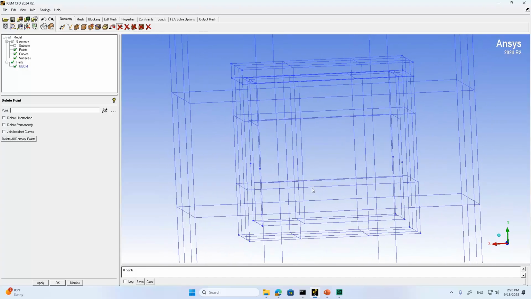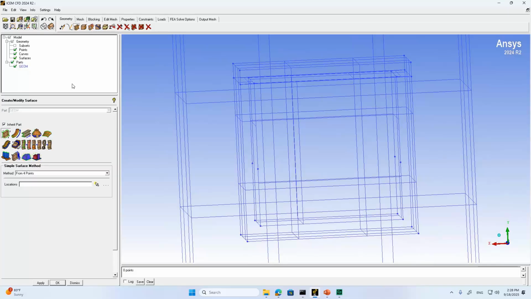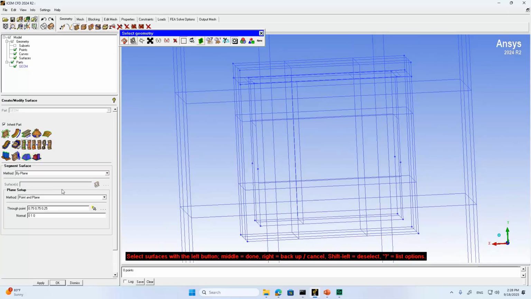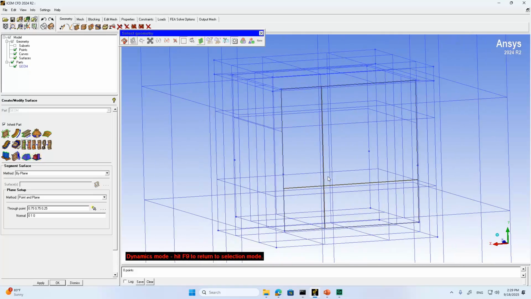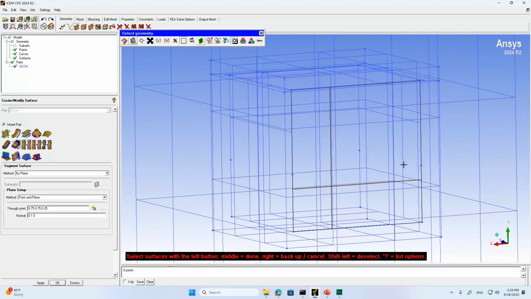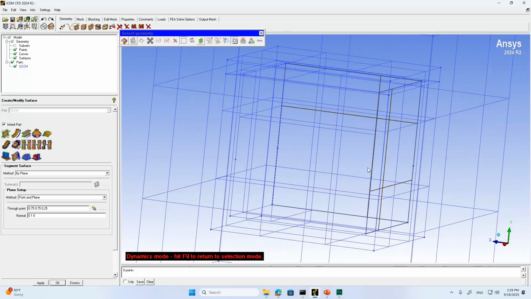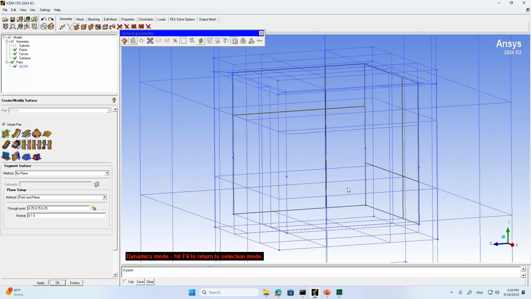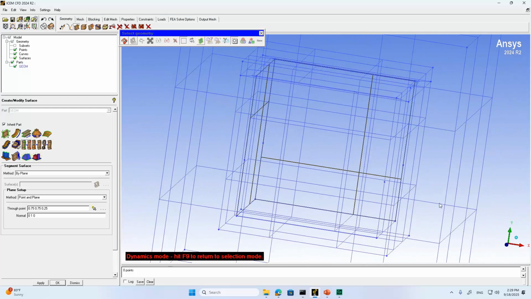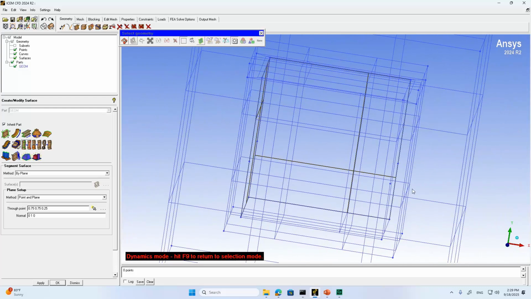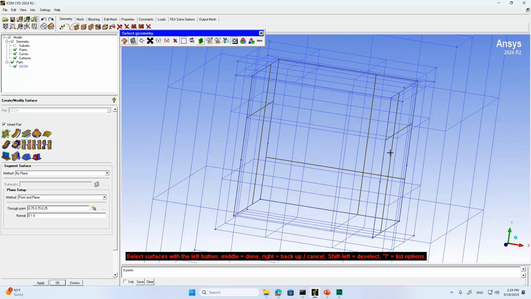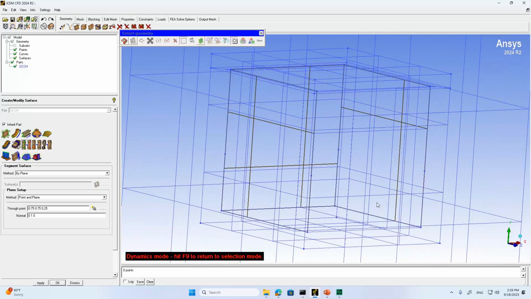So I'm going to split this surface. Is that correct? Yes. Then this surface. Yes. And okay, make sure you select the correct surface. Okay, this surface, and all the 4 vertical surfaces of